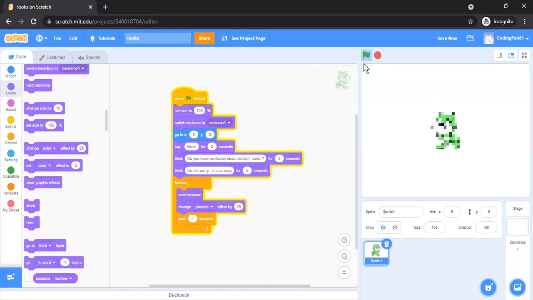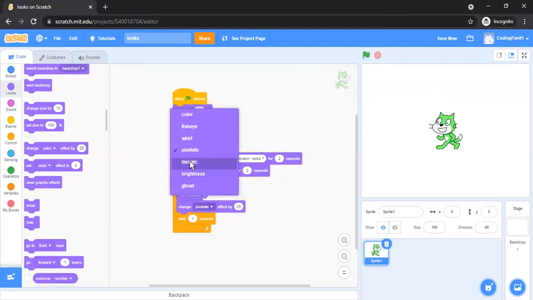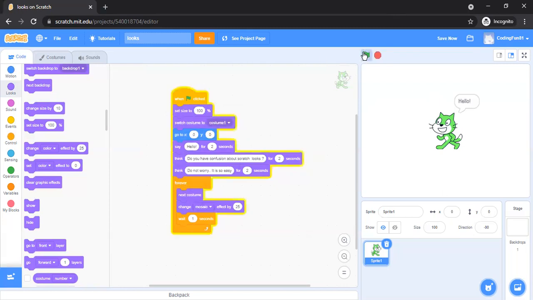Okay, see the cat? What is happening with it? Okay, I've stopped it, and next I'll be just changing with mosaic. This one is also very interesting. See. Yeah, this part is done. Yeah, see here what is happening.